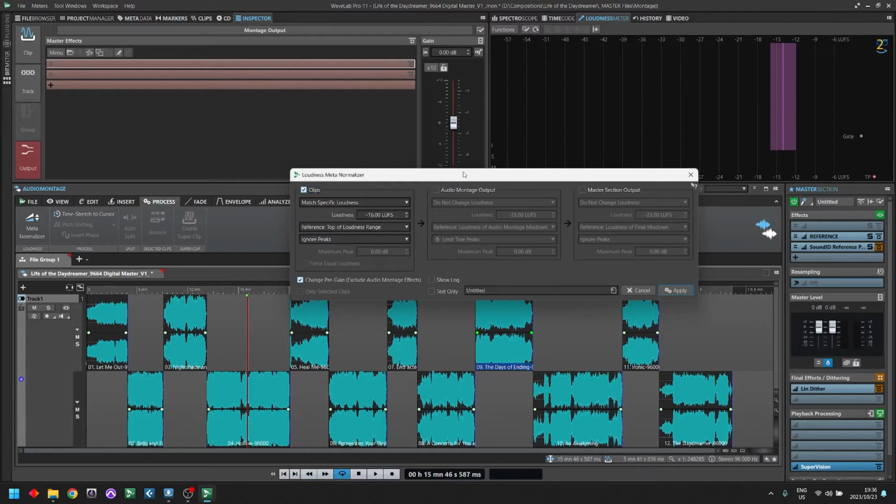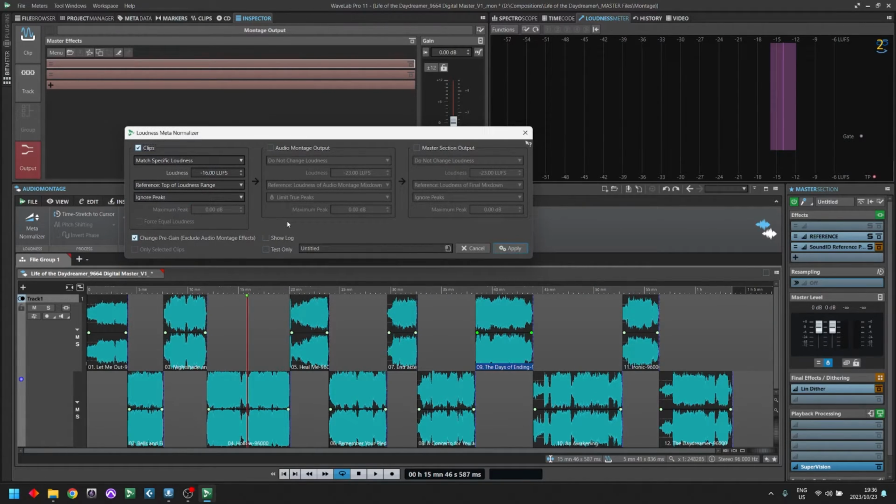In the Meta Normalizer, if you know what a normalizer is, meta just means many. So I don't bother with the audio montage output and the master section. I will only deal with the clips individually. Meta, many clips. So you get different options here. If you have two songs you're mastering, like two singles, you can match the loudest clip, match the other clip, or equalize the peak levels to start off there. Personally, I don't do that. I like to match a specific loudness, and I will match my minus 16 LUFS because I want to give myself 2 dB of headroom